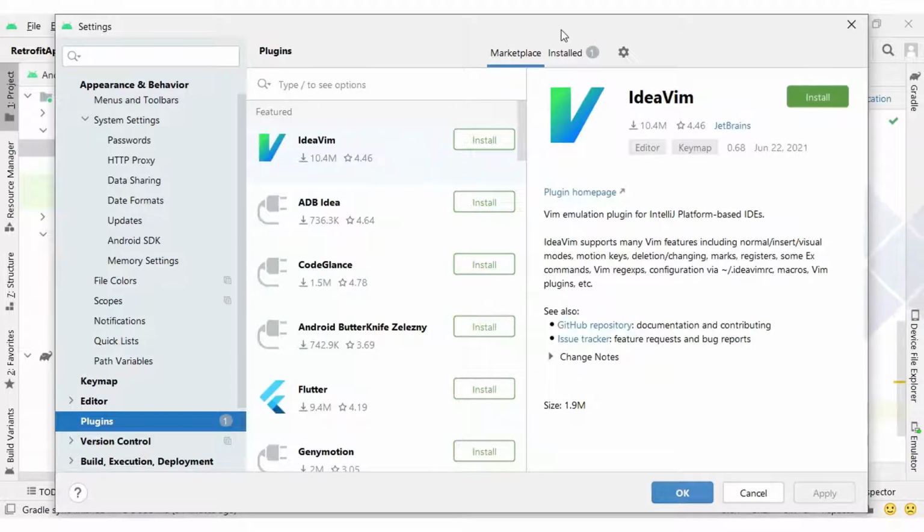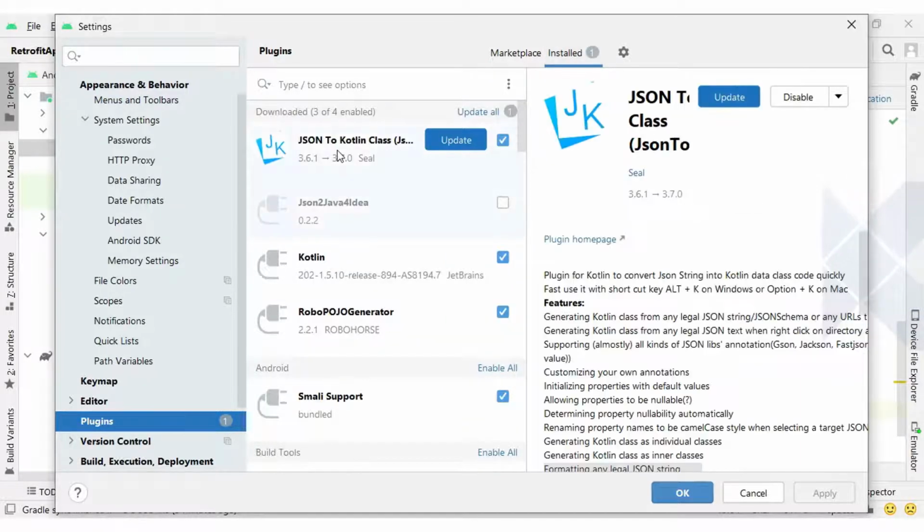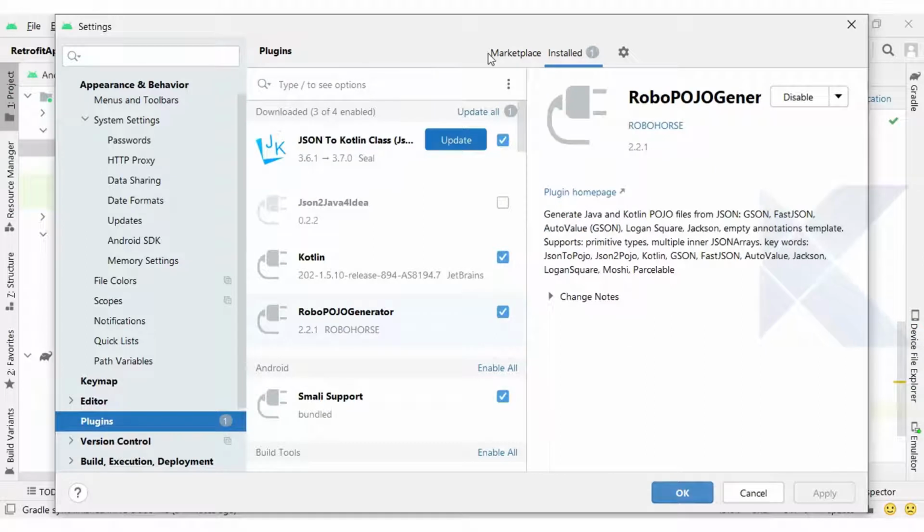I have already installed many plugins. Mainly we require the RoboPOJO Generator. You can search for RoboPOJO Generator on the marketplace and install it. This plugin will help you convert your JSON data to a Java class. That is our main requirement.